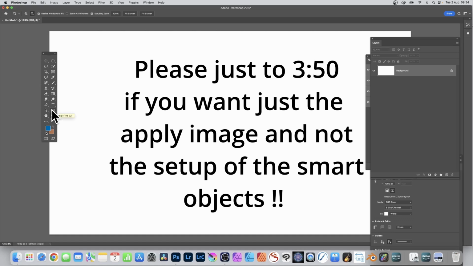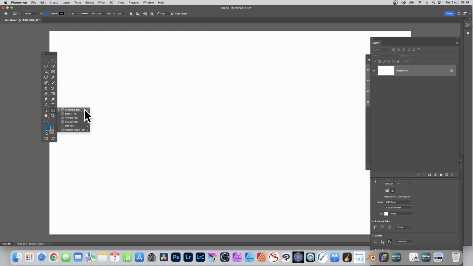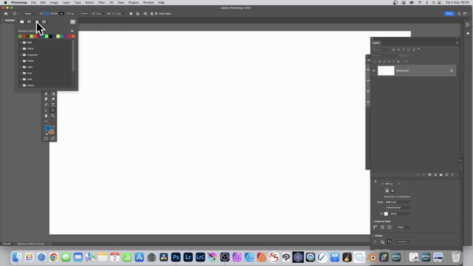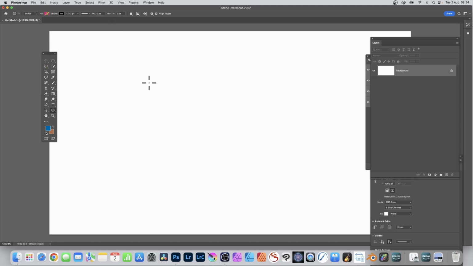This requires a bit of an initial setup. So go over here and I'm just going to go with the ellipse tool and shape. And I'm going to fill it with a gradient. I think gradient's a little bit more colourful. So I'm just going to set one of the basic default gradients. You can find it in the presets palette. Click there and then add the shape. Also you can set the stroke, etc. I'm going to go with